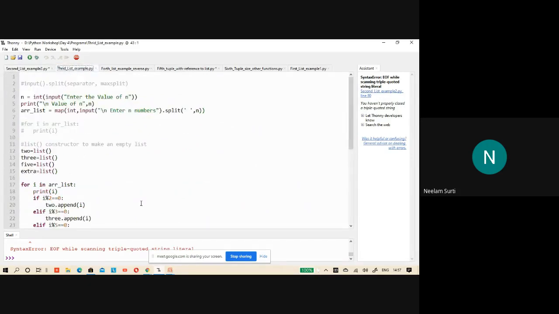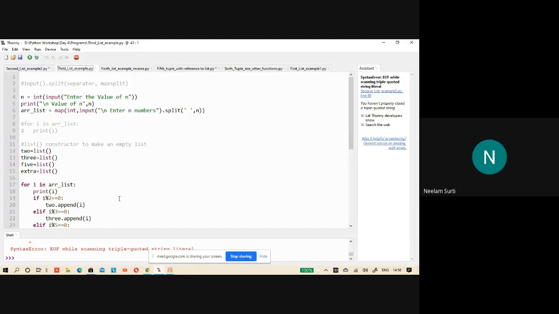The third example is related to whatever you learned. Can you convert that into a real practical implementation? Here I have taken an example. See this: take a list of elements, and it should be integer elements. Take a list of numbers, and then create